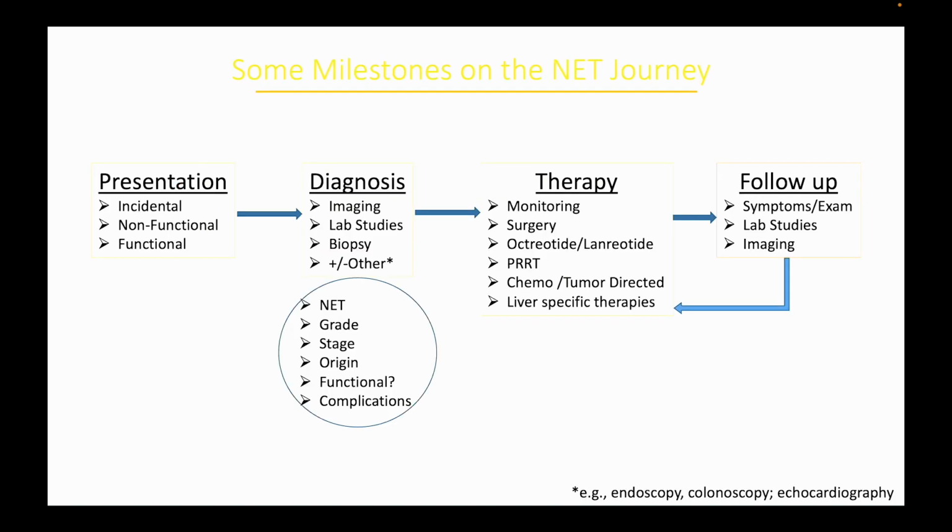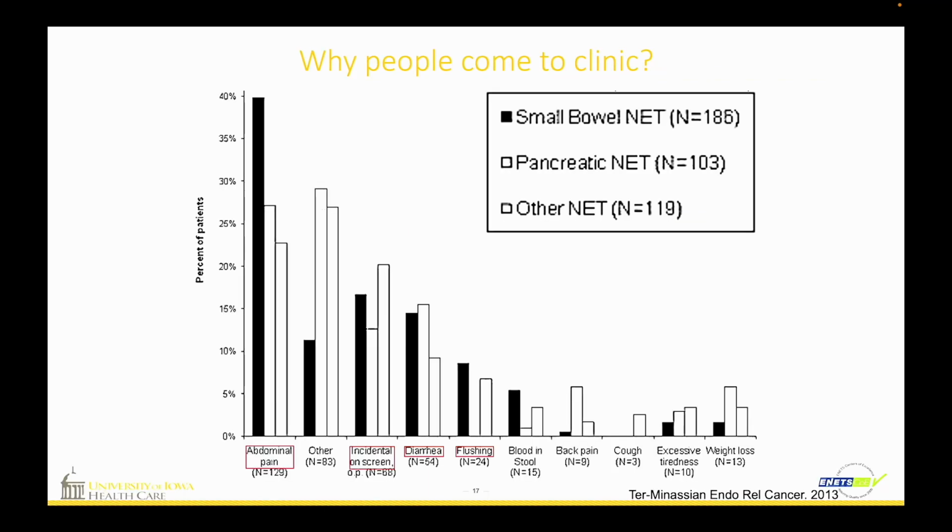So I'm going to talk about some milestones. These are sort of medical milestones, I suppose, in relationship to neuroendocrine tumors. It's easy for me to write down medical milestones here, and it looks pretty simple, but I understand that there's a lot of pain and there's a lot of time that goes between each of these medical milestones. But I am going to wrap the rest of my talk around some aspects of each of these milestones: how people present, how people are diagnosed, what sort of therapy they get, what sort of follow-up they get.